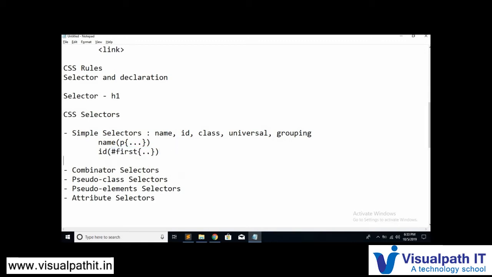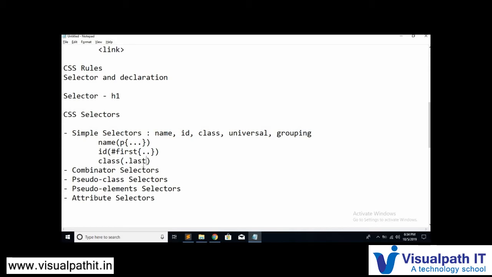Okay, now let's go to the third one, that is the class selector. So what's the class selector? As we add a hash for the id, we have one special character, the dot, for class. This tells that this is a class name. So this dot should be followed by the class name. Now let's take the class name as last.